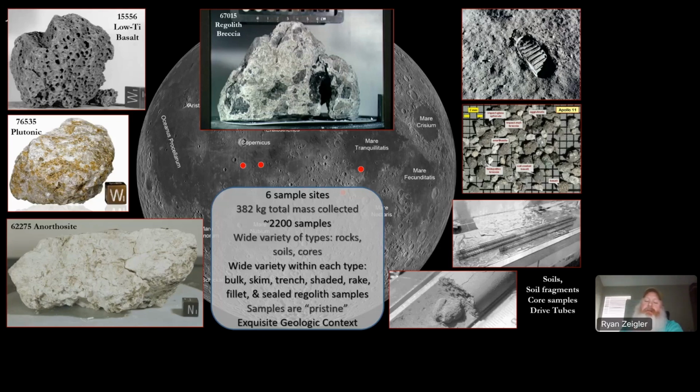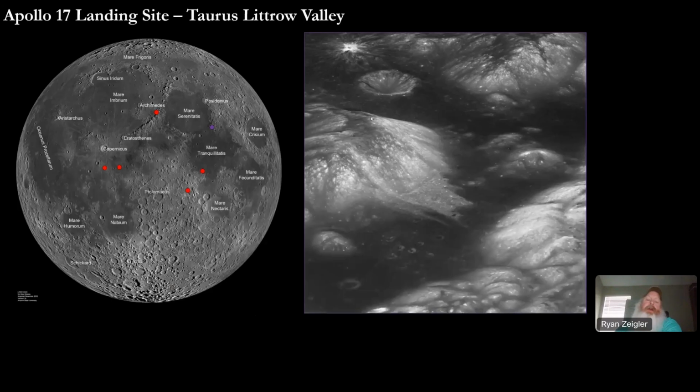And so the Apollo samples allow you to address different questions than you would with the lunar meteorites. Now, we don't have time, or really the interest, I think, for everyone to delve into the details of each of the Apollo sites, but I thought we'd spend a little time looking at Apollo 17, which is everyone's favorite mission. I don't know if Jack's on, but just in case he is, I'm going to say that.